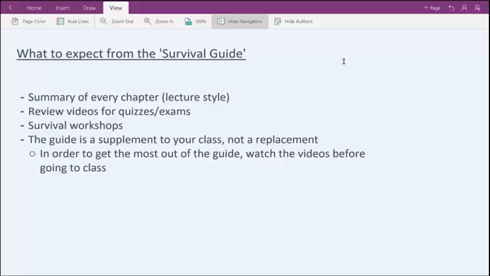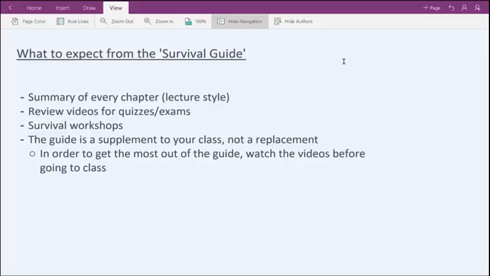So instead of reading the textbook, you just watch these videos before going to class, kind of cover everything in the chapter, so when you get to class, you'll be ready for the daily problems. You'll know exactly what your professor is talking about. So I highly recommend to watch the videos before going to class, and maybe before the quizzes and exams, and just kind of keep up with the class, because that's one thing about this class, is that you have to be able to keep up with it.